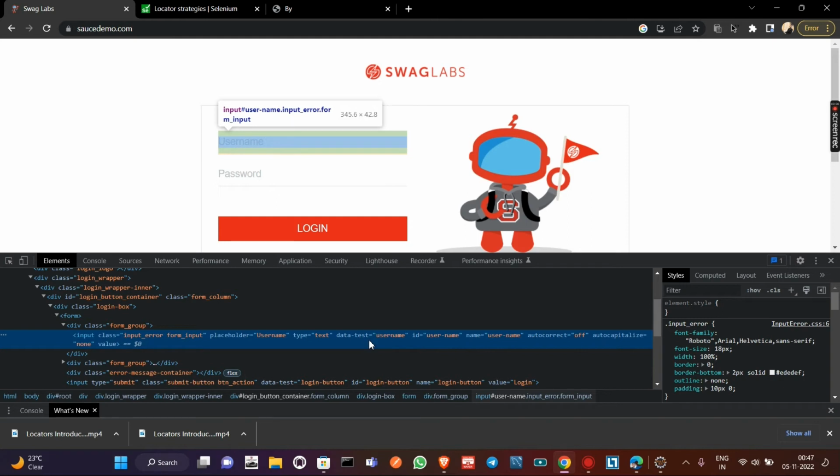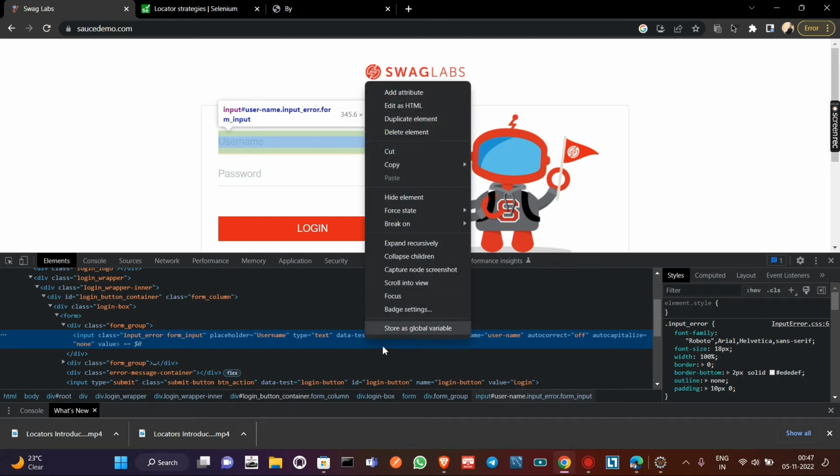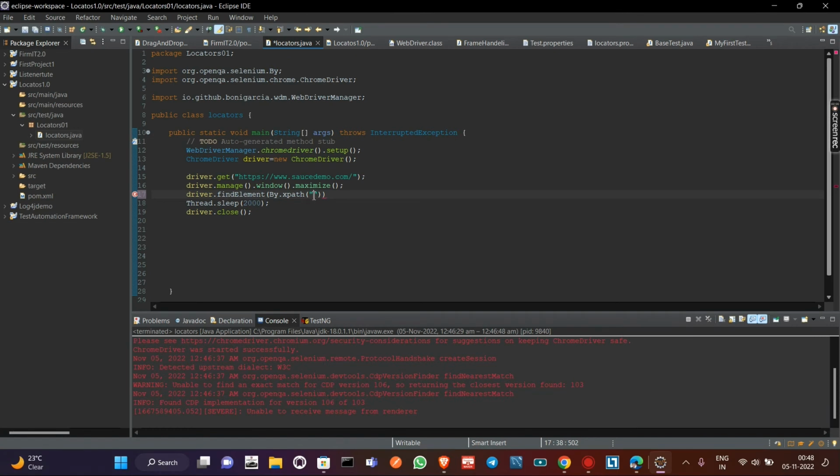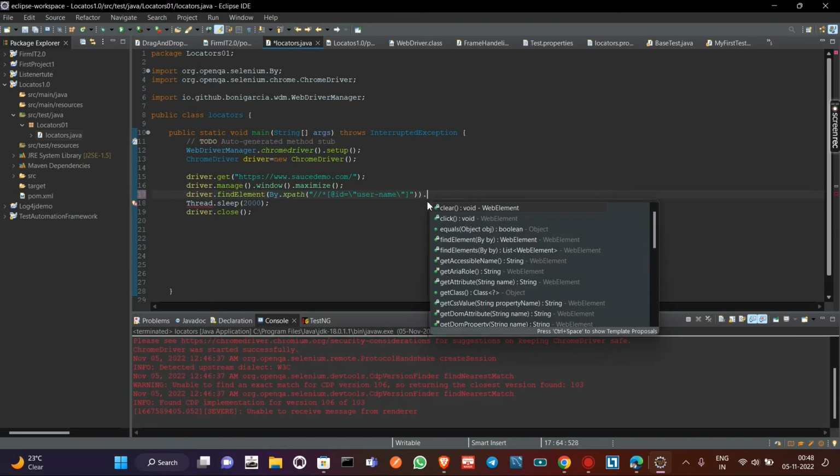So again, XPath is a topic which we need to study in very much detail, and I've also created a separate playlist for it, so we will see it later on for just knowing the XPath in depth, because it is very important. For now we need to just go on to this blue highlighted line and then go to copy and then copy XPath. Just for knowledge purpose I'm doing it. It is not at all advisable, and we're going to paste the XPath here, and then we will write here